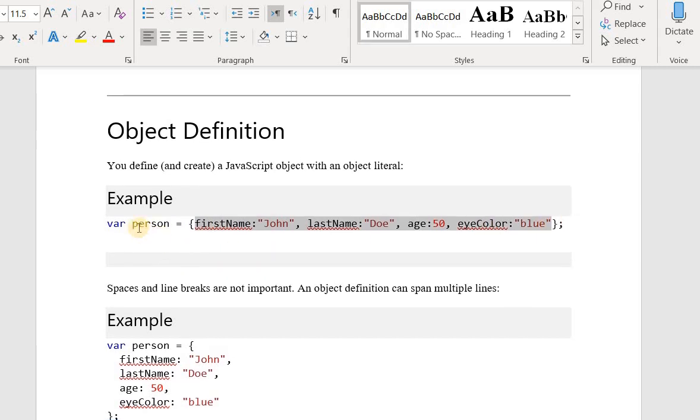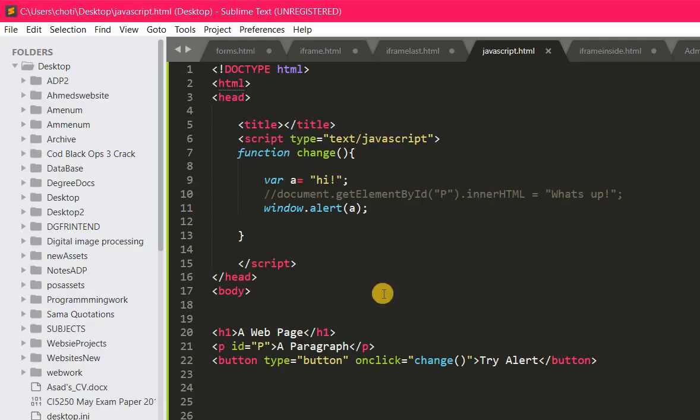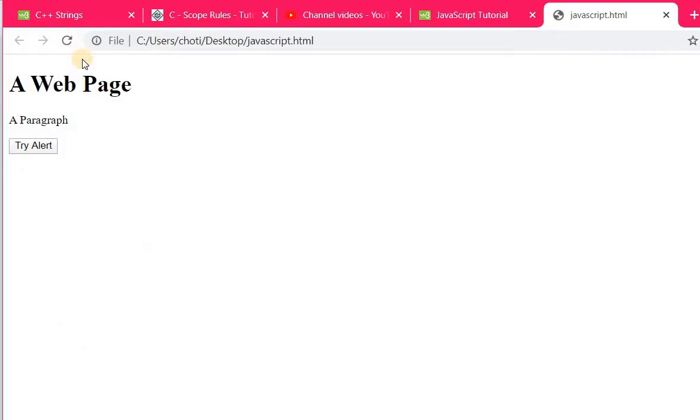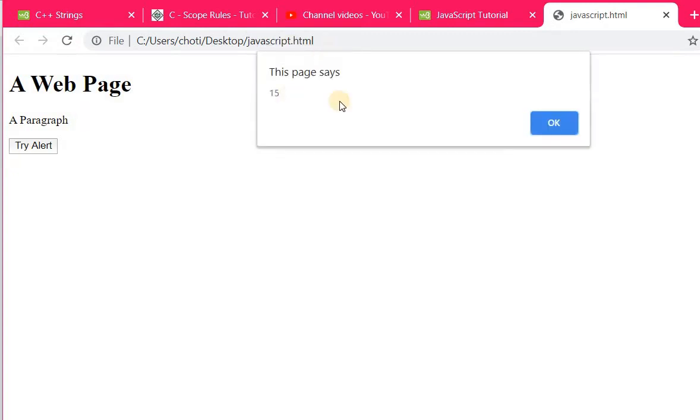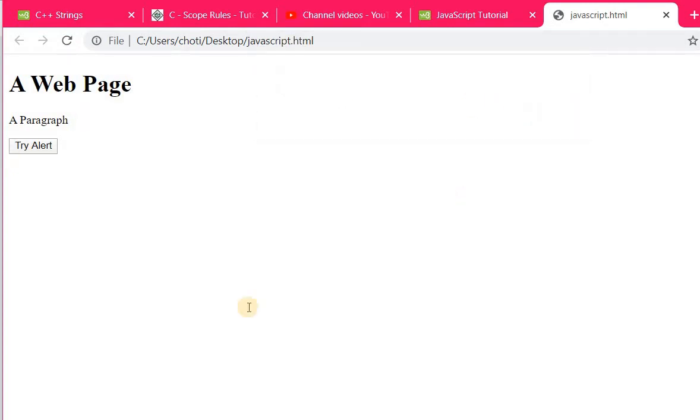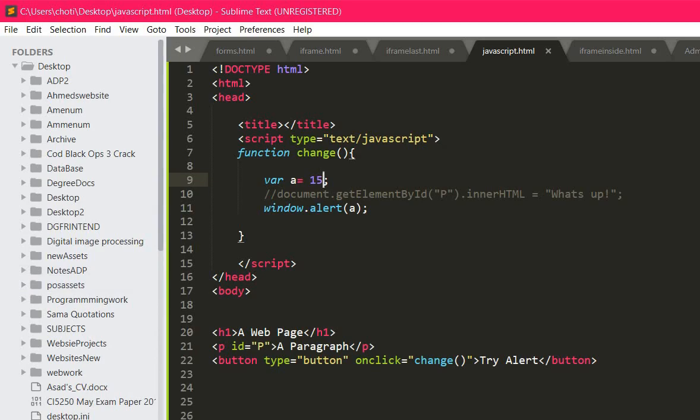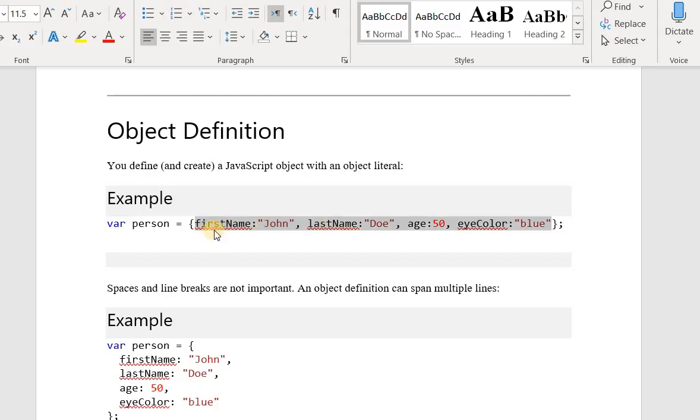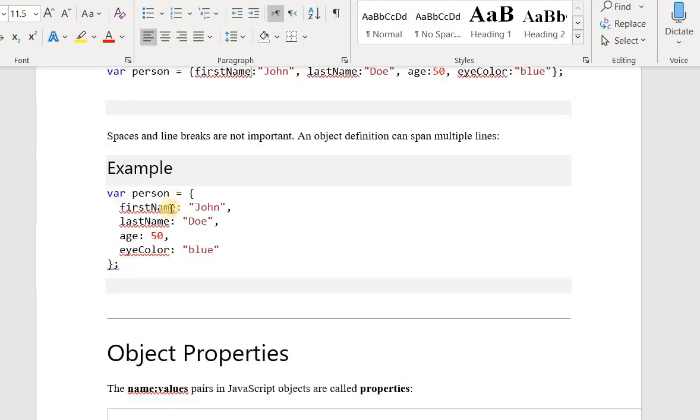Just like हम एक variable declare करते हैं of the string type, like here, वो हमें कैसे JavaScript को पता चल जाता है this is a string by double quotes. और अगर इसको मैं single quotes में करूँगा तो it will know it's a character. और अगर मैं just एक number enter करूँगा like 15, control save, और उसके बाद मैं इसको refresh करके करूँगा तो it says 15, so it knows it's a number. Just like that, it will know it's an object with the property and property value syntax. Okay, so let's